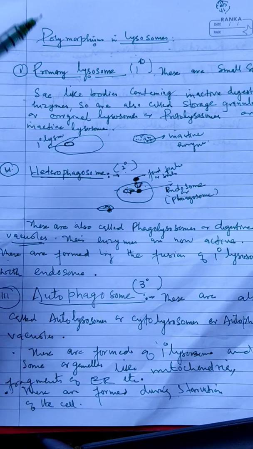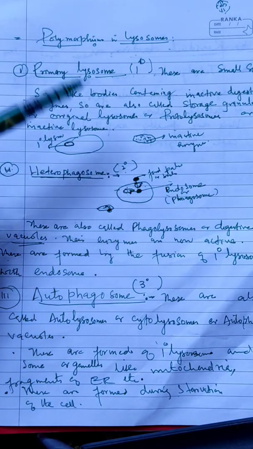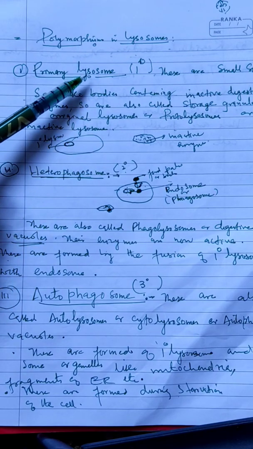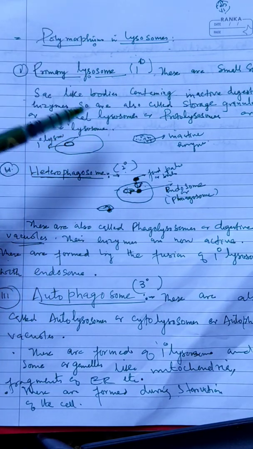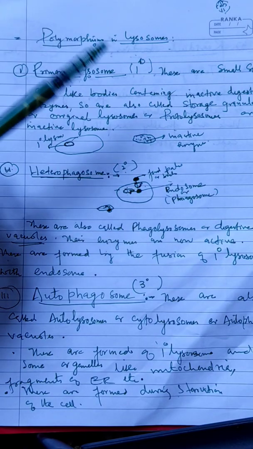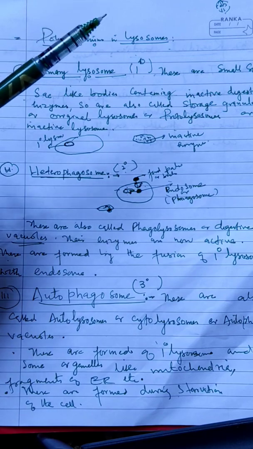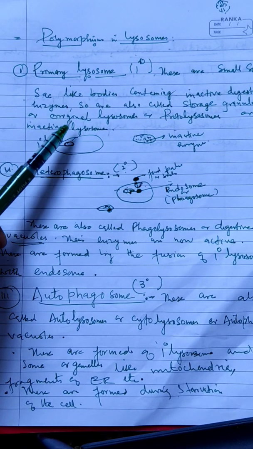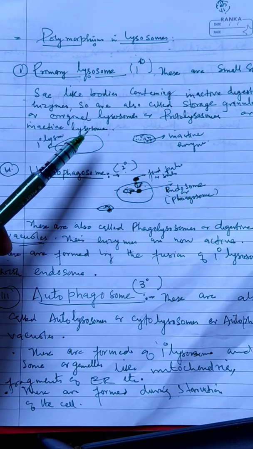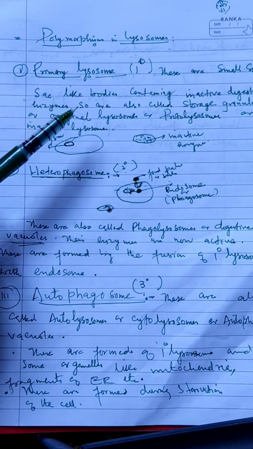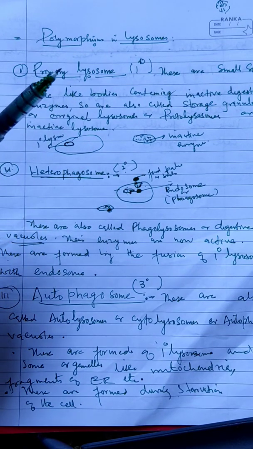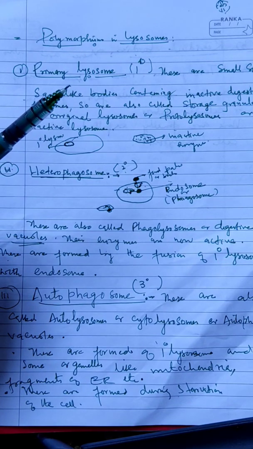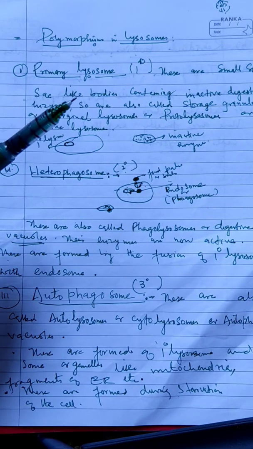The first shape of the lysosome, the first form, is called the primary lysosome. Primary lysosome, the first degree lysosome. They are actually small sized sac-like bodies containing inactive digestive enzymes, so they are also called storage granules. Storage granules are also called primary lysosomes or original lysosomes or proto-lysosomes or inactive lysosomes. So simply, primary lysosomes are small sac-like structures which contain inactive hydrolytic enzymes, and these are actually formed